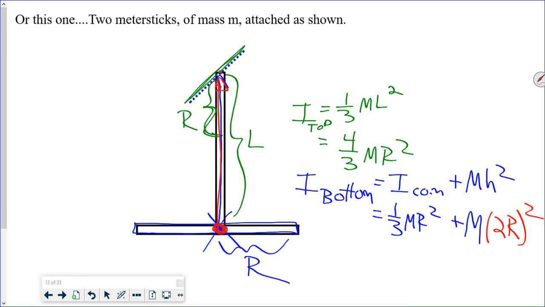Then the I for the whole piece is the sum of all of these. So the I for this whole crazy meter stick contraption is I of the top, not to be confused with I of the tiger,